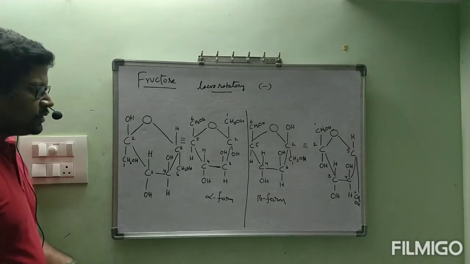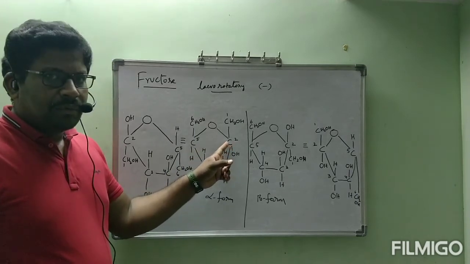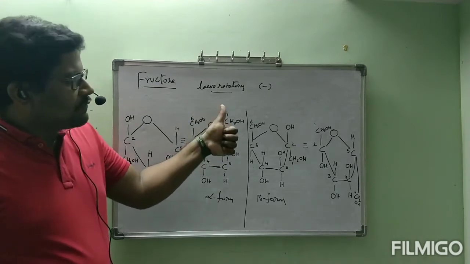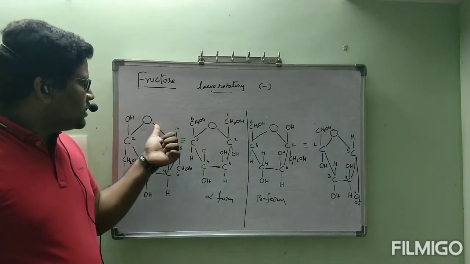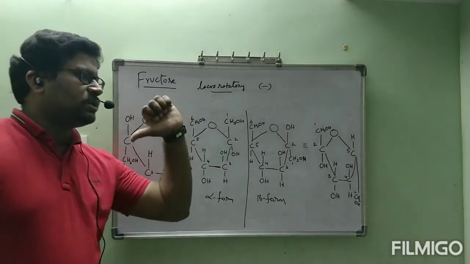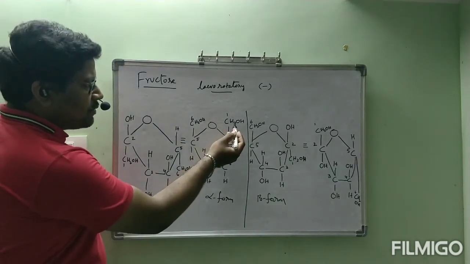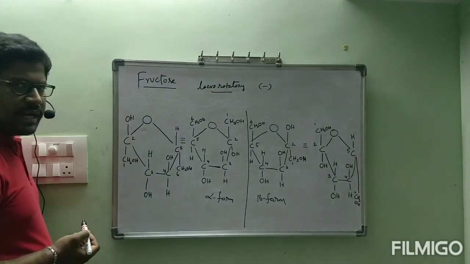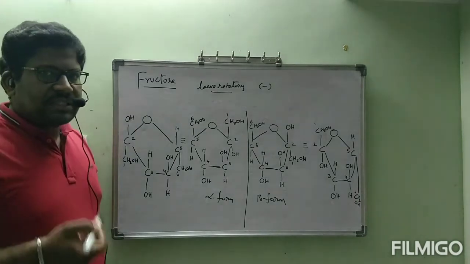If you write oxygen with the right side carbon, second carbon, we have to turn the Fischer projection in the clockwise direction. If you write oxygen with the left side second carbon, then we have to turn the Fischer projection anti-clockwise. Then this CH2OH coming here above, if you write left side, it will become CH2OH here. Why did we write like this? This is completely the same molecule, only the angle of reference is different.